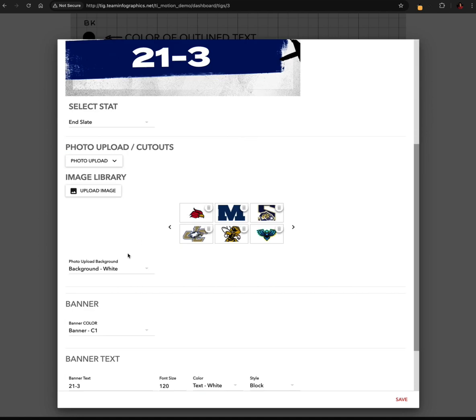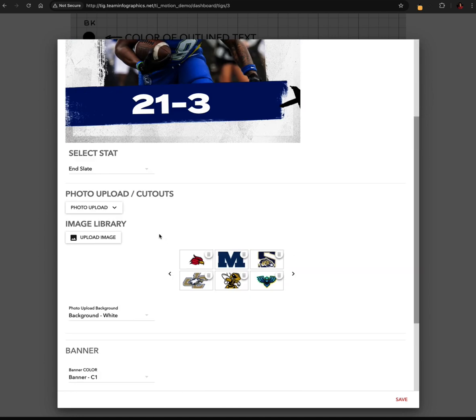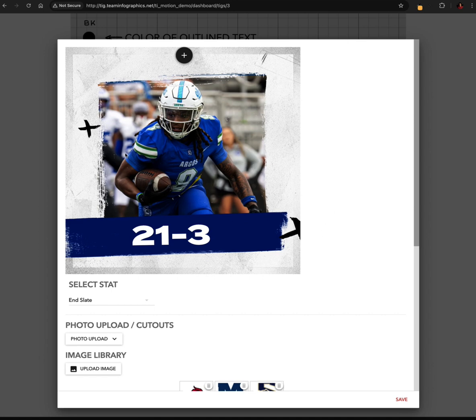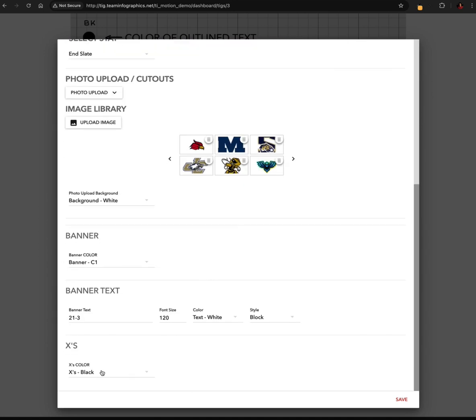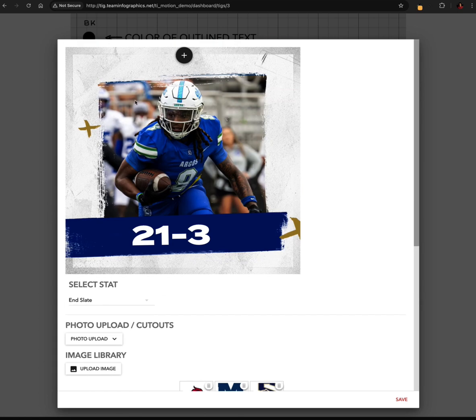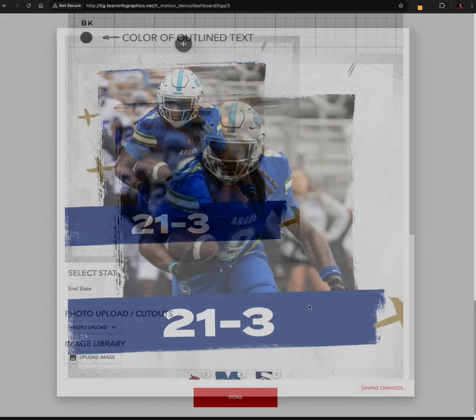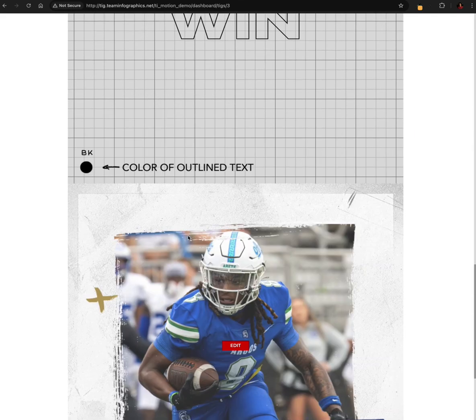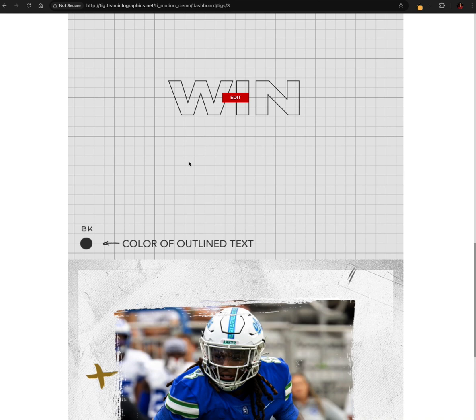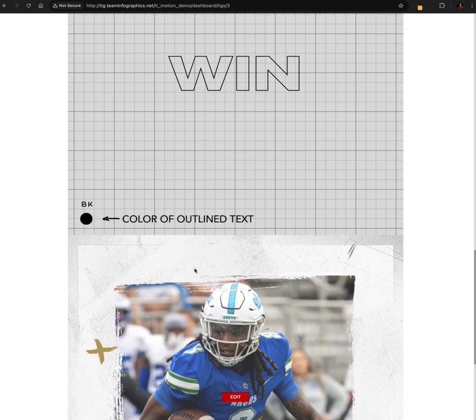Okay, so that's your banner text. And then finally we have these accent X's over here, and let's say we want to make those into a gold. So the reason we start with this background slate down here is because these colors will lead in